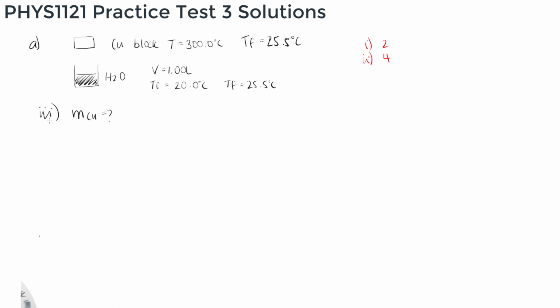So part III is asking us what is the mass of the copper block. So we know the heat lost by the copper equals the heat gained by the water. And we know what our equation for heat is. It's mc delta T. So let's sub in what we know. We know this is going to be mc delta T, and this is going to be the heat gained by the H2O, which is